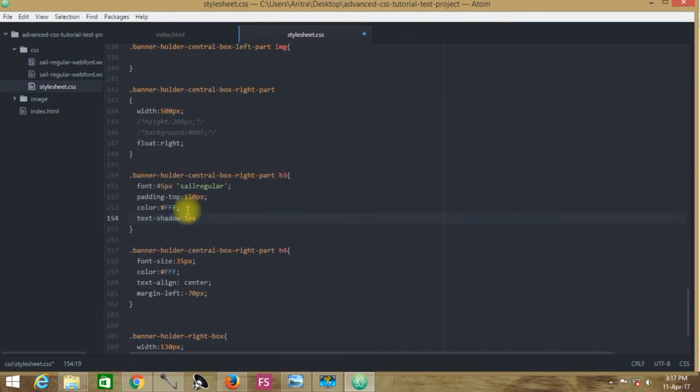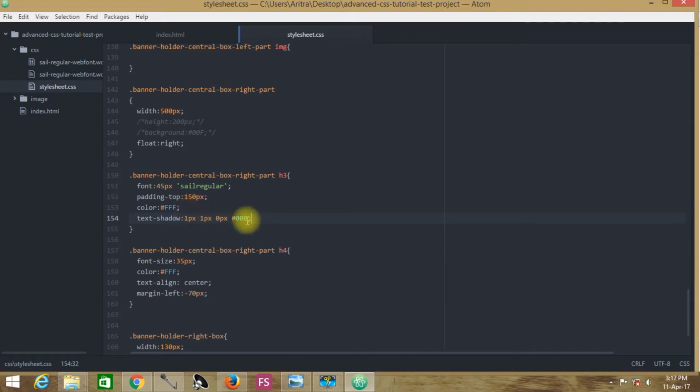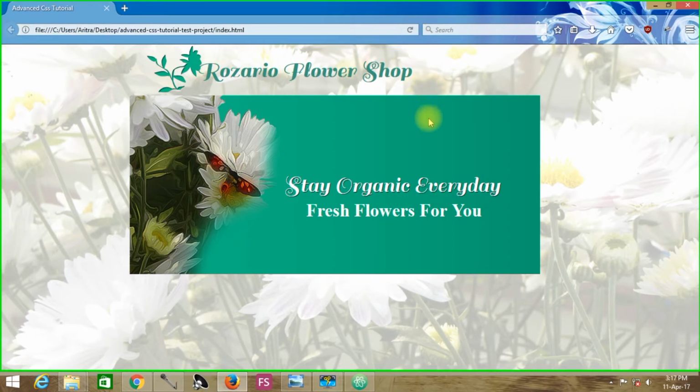So this is the horizontal offset position, this is the vertical offset position, this is the radius of blurriness, which I set to 0 pixels, and this will be the color of the blurriness, which is black. Now if we just reload, we can see that horizontal and vertical drop shadow has been imposed